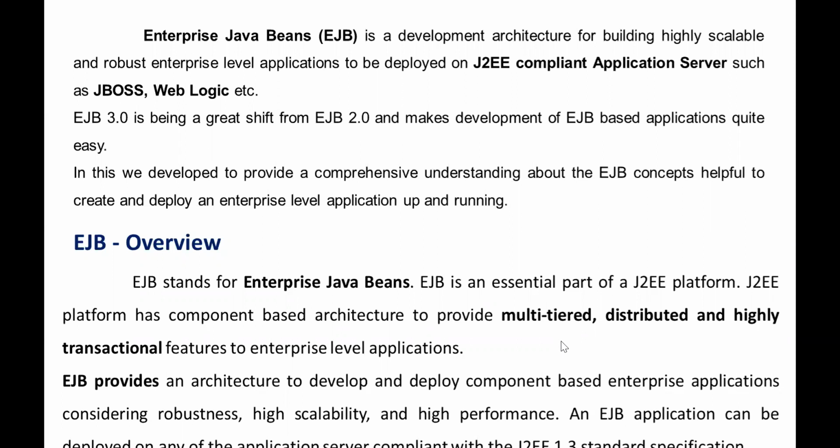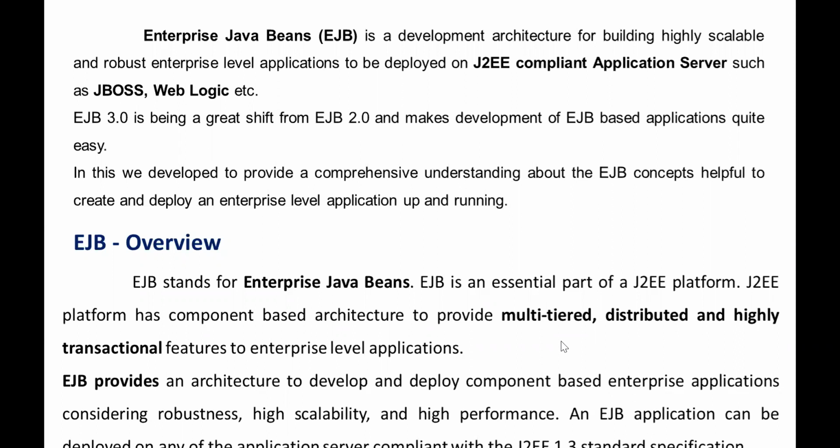In that, we provide a comprehensive standard about the EJB concept. It is more helpful to create and deploy an enterprise level application to run the EJB concept by using J2EE, the complete application server.